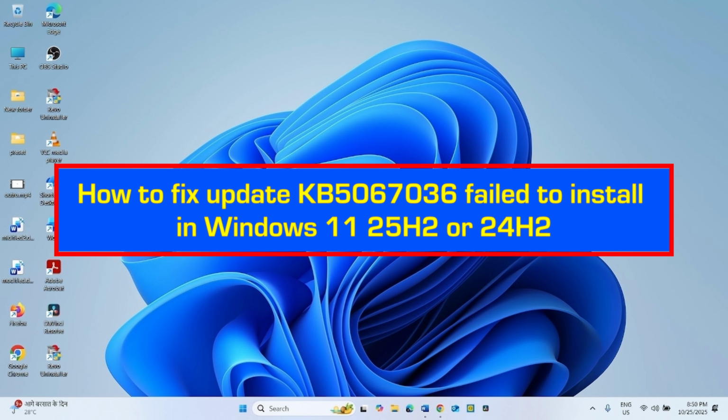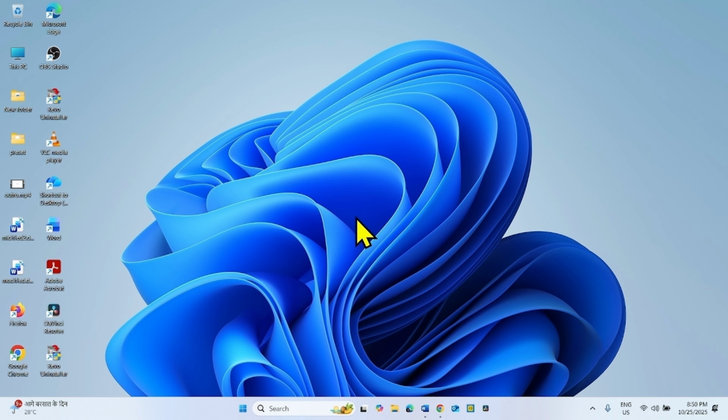How to fix update KB5067036 failed to install in Windows 11 25H2 or 24H2. Hello friends, follow the steps to fix any installation problems with the October 2025 cumulative update preview for Windows 11 25H2